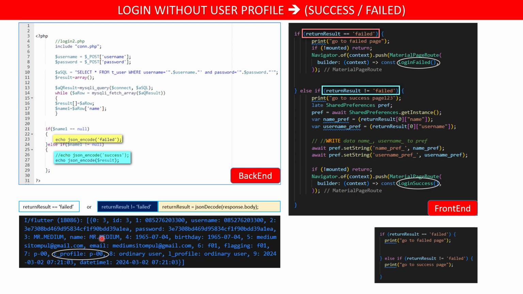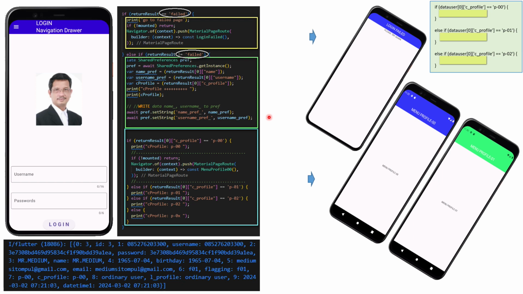You analyze it, or you receive it, or you make a filter to know the login name. Okay. Next, this project: if the login fails, it is menu 00, and this is menu 01.